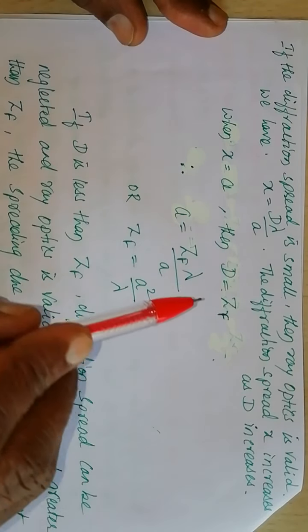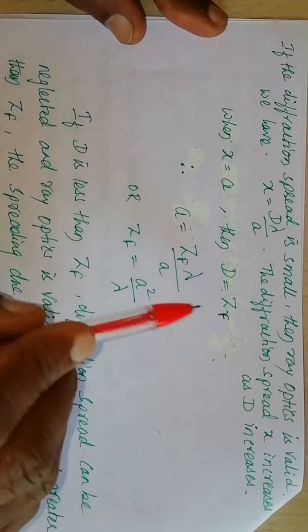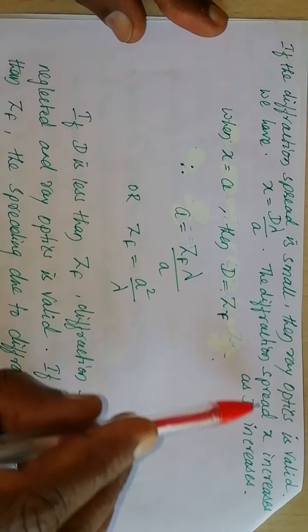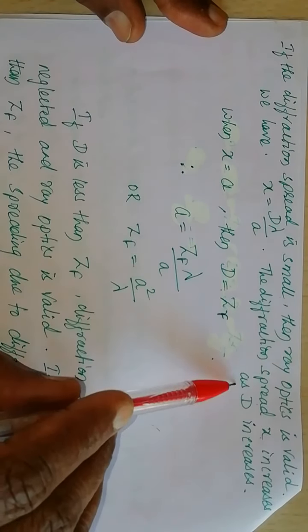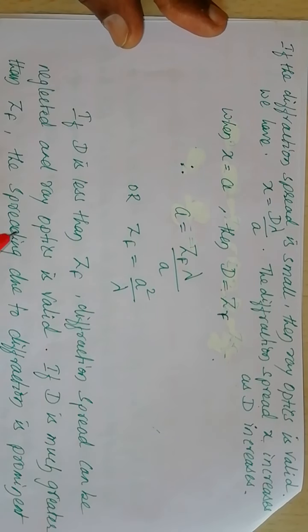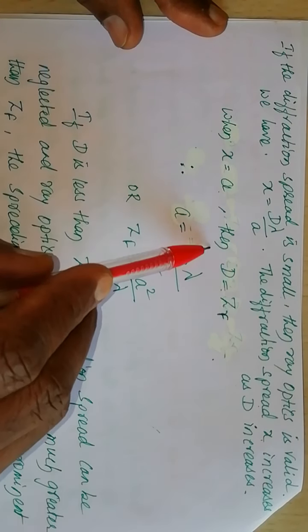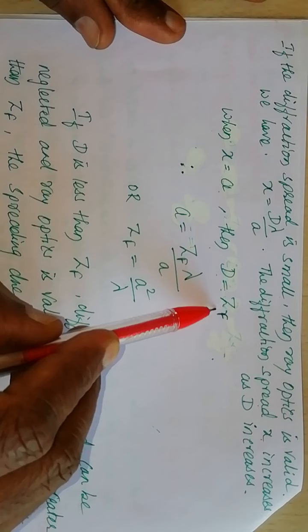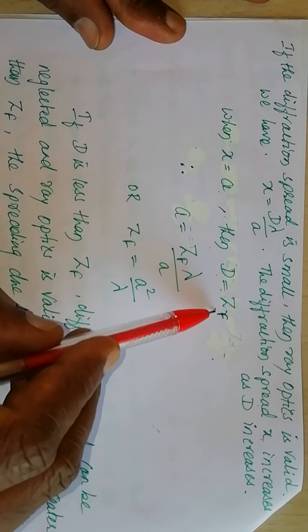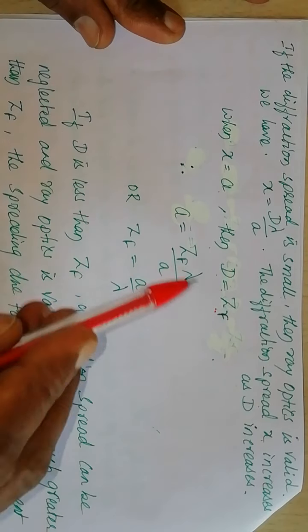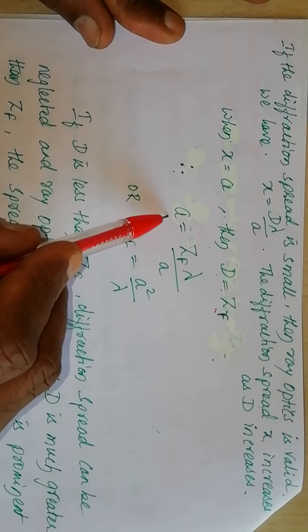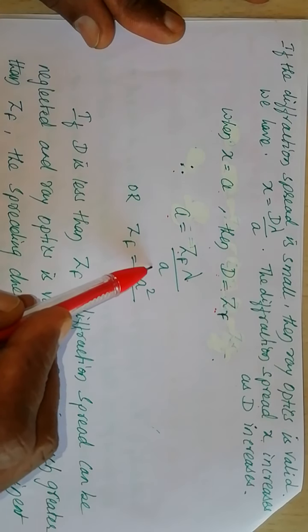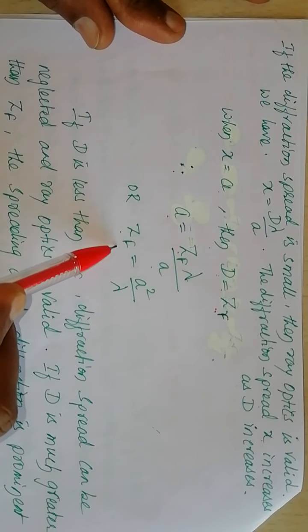But beyond some distance, the spreading of light takes place. Beyond the Fresnel's distance, the spreading of light takes place. So the diffraction spread x increases as D increases. When x equals a, then D equals the Fresnel's distance ZF, we can write. Means till this distance, no spreading of light takes place. Therefore, a equals, substituting for D as ZF, lambda by a,